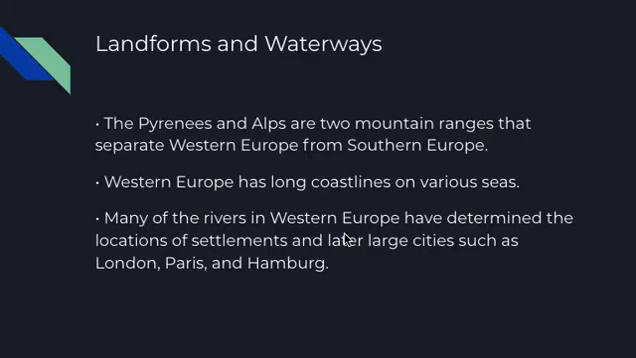To sum up our reading on the landforms and waterways, we would say that the Pyrenees and the Alps are the two main mountain ranges that separate Western Europe and Southern Europe. Western Europe has long coastlines and various seas, and there are many rivers that have determined the locations of settlements and large cities such as London,